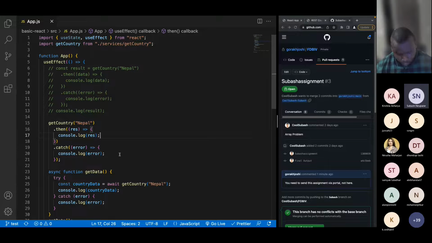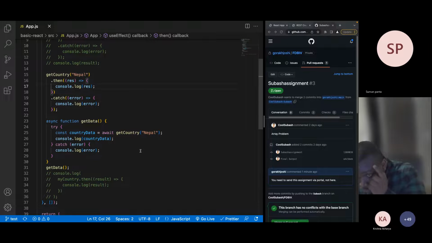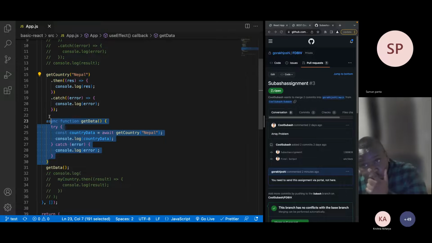Any of you may have something. Please ask me if you have any confusion, anything. So writing this line of code here, I told you yesterday, is the same as writing this line of code,